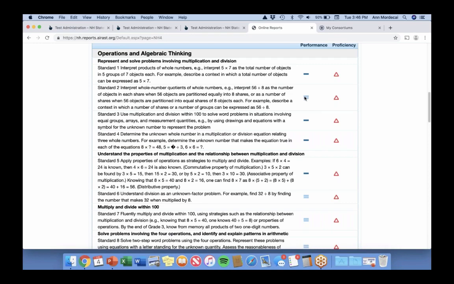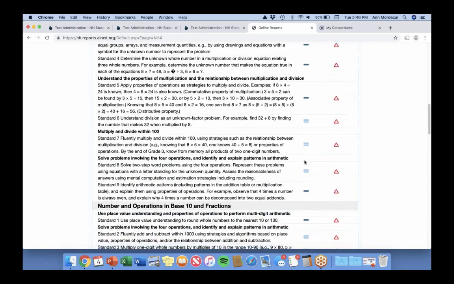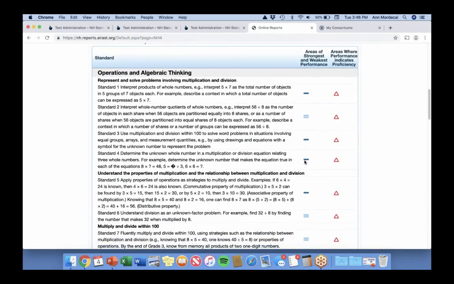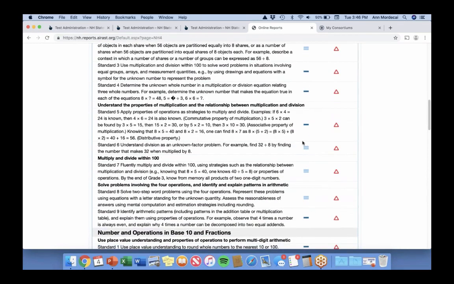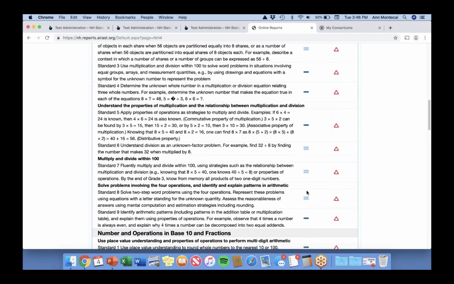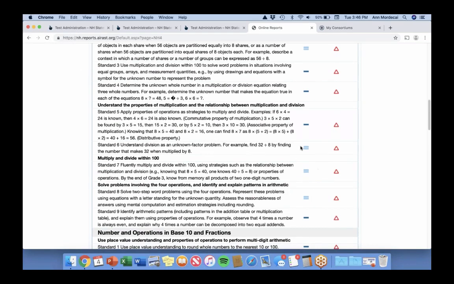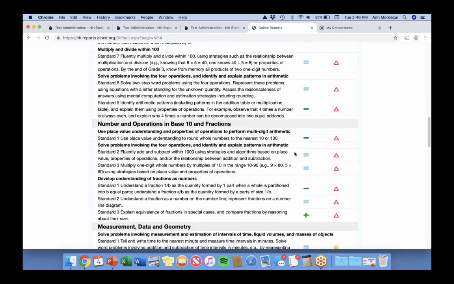But I got an equal in there, so that doesn't really make sense, except that this is comparing my group to my group. So this is this standard right here. My group did as well as they did on any part of the test. They did a little bit lower here, they all scored poorly here. So it's kind of, but they all scored poorly, but these were a little bit stronger.